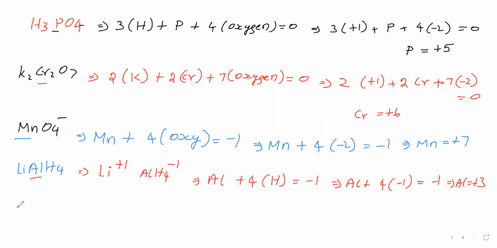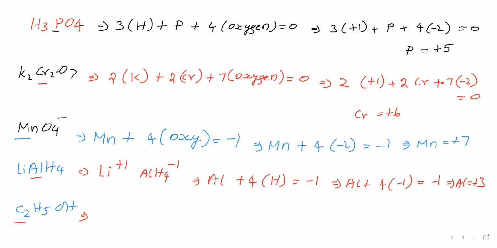We will take the compound C2H5OH. Let us find the carbon oxidation number. We are saying that we have to find the carbon oxidation number. Why are we not saying oxygen or hydrogen? In the same way, in previous cases, we are not finding oxygen, hydrogen, or alkali metal oxidation numbers; we are finding some other element,